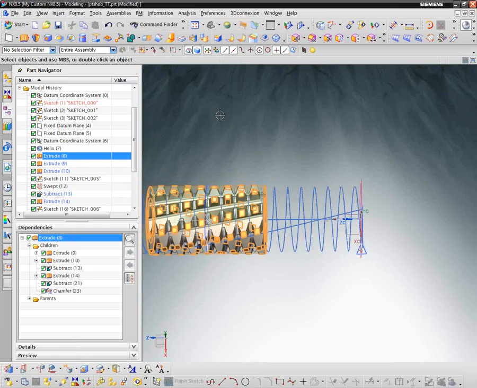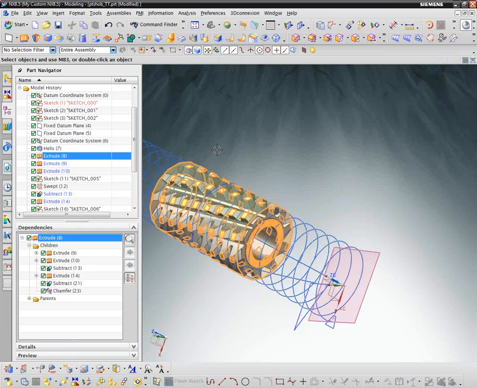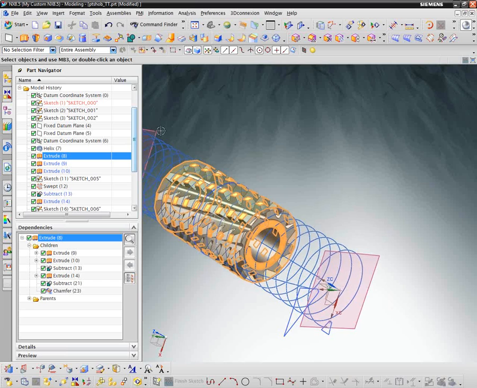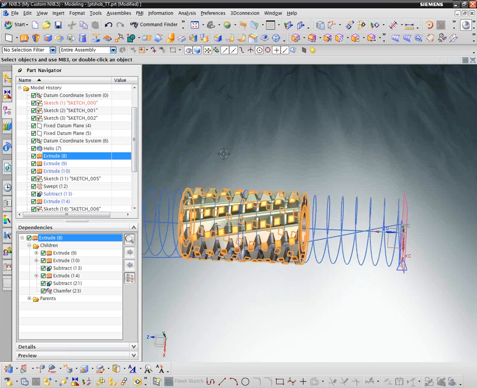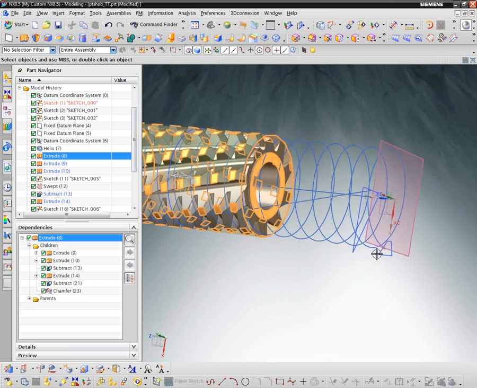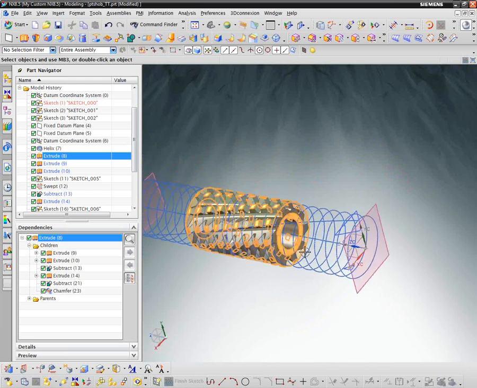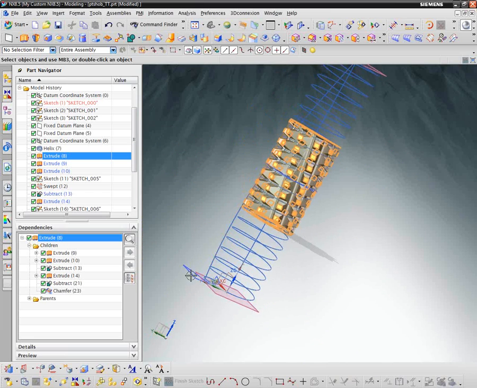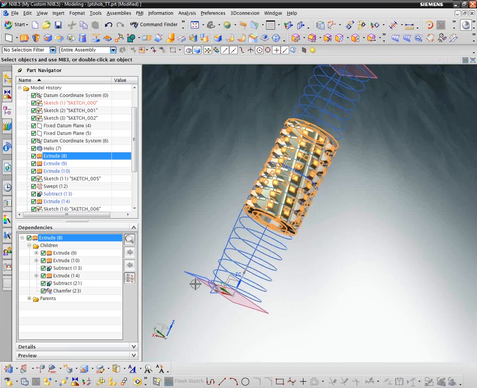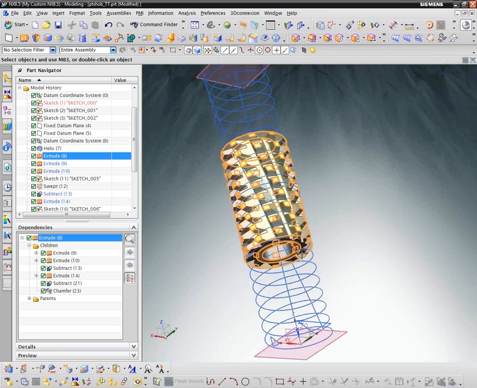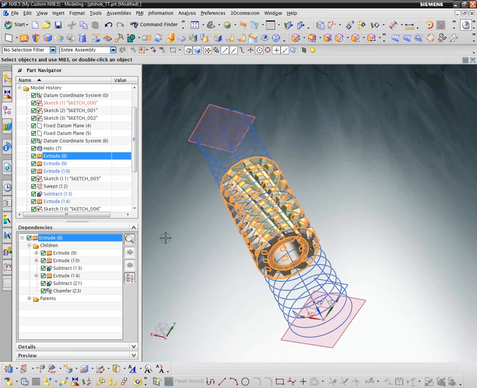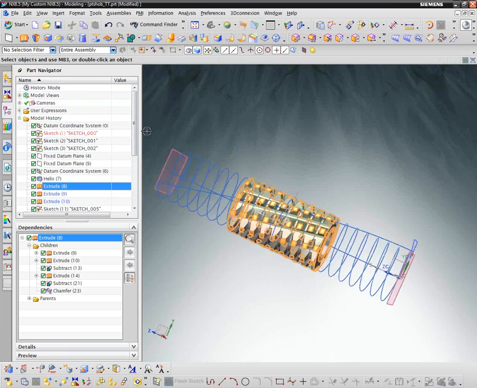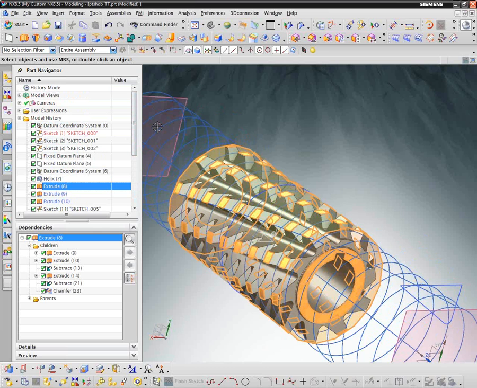So basically, I don't want to spend an awful lot of time on this, but these are all different elements that I use to create this sketch. There's a second helix in here, right there, that I used in conjunction with this sketch to create these gash angles here. So with all that in mind,